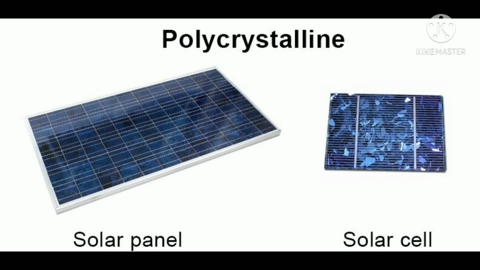Poly solar panels are slightly less efficient than monopanels due to imperfections in the surface of the solar cells. In fact, they are cheaper to manufacture, which means they cost less for the end user. Hence, from these two types, you can easily identify the monocrystalline solar panels and polycrystalline solar panels. If we look into the shape of the solar cell and the solar panel, we can easily say which panel is monocrystalline and which one is polycrystalline.